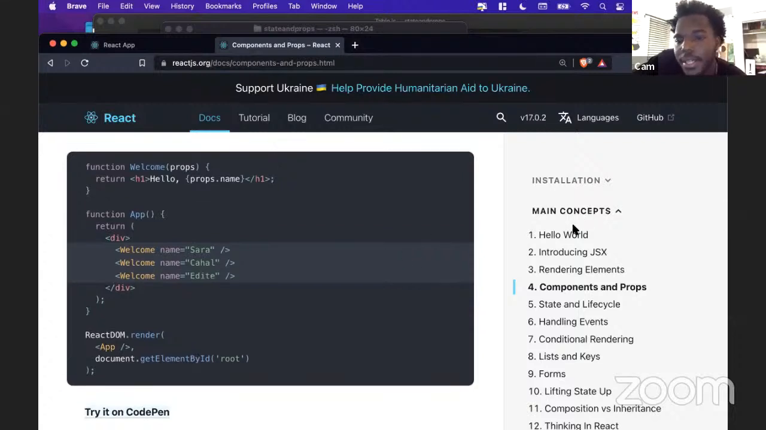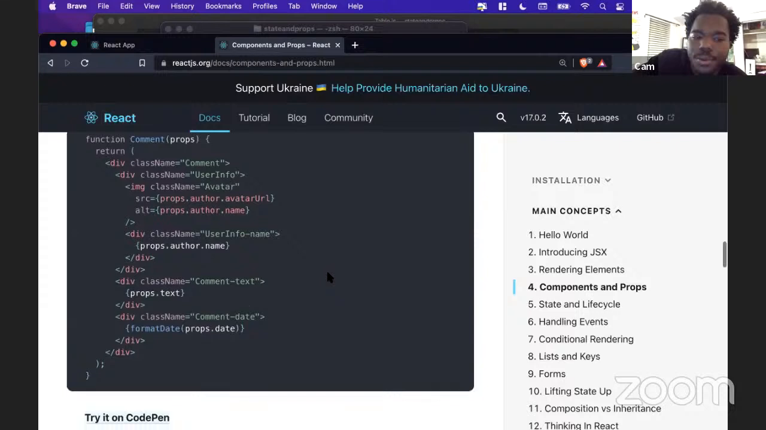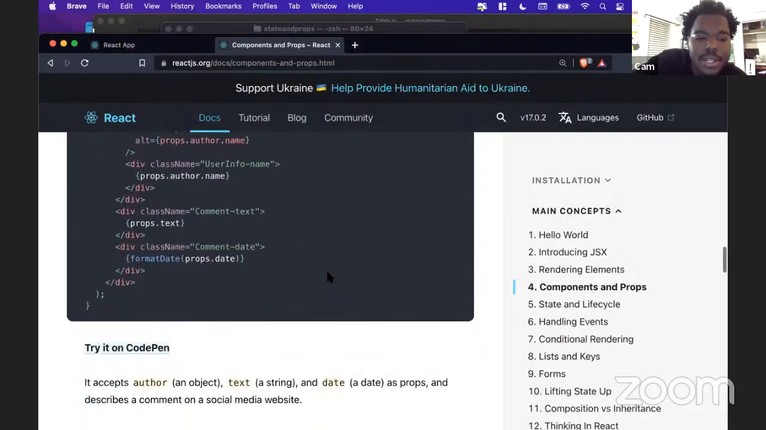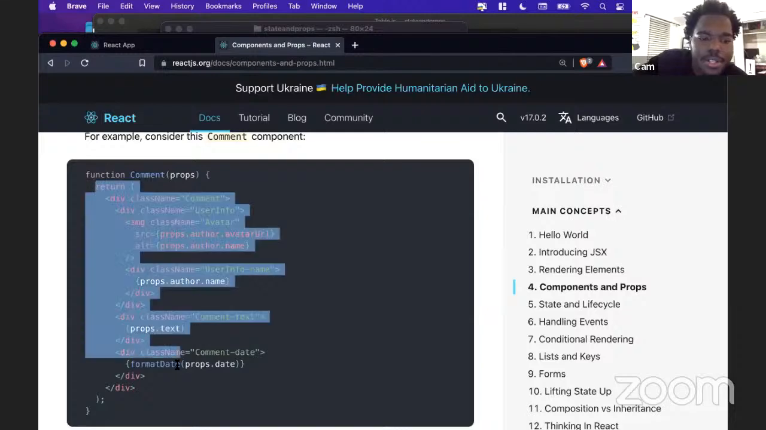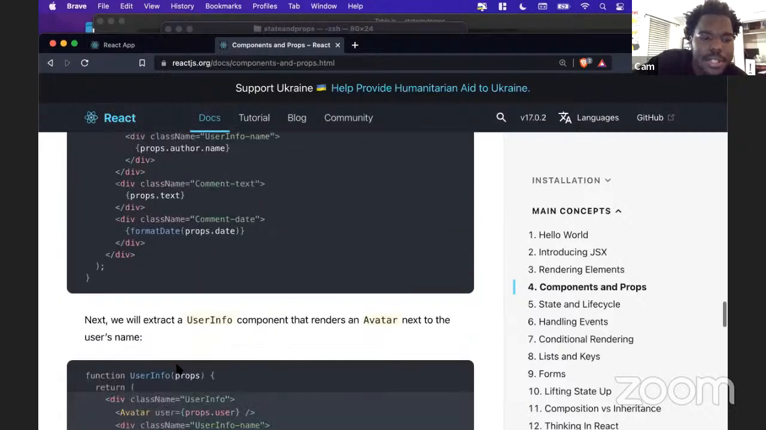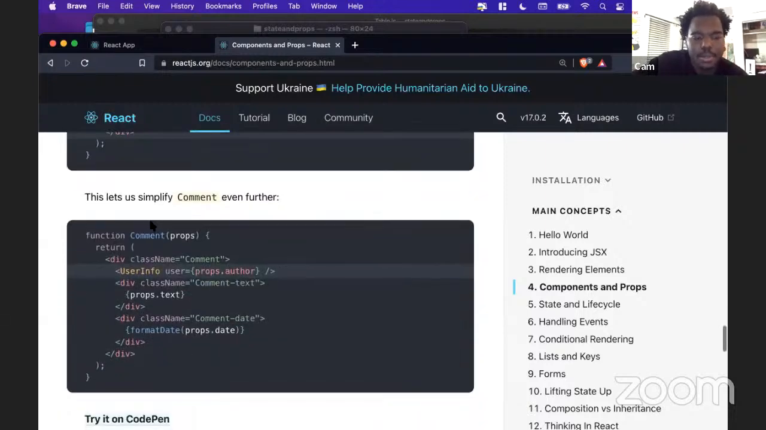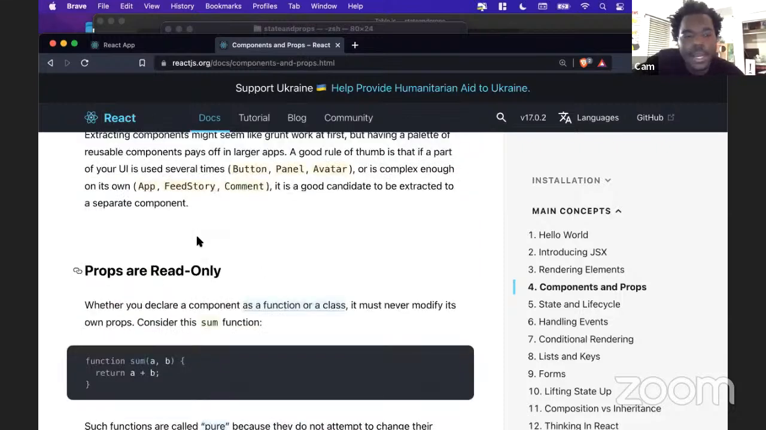So again, most of what we're talking about are the main concepts in React. You can read through the React docs and get a lot of the sense here. This is where they're talking about how this component is super long, but what if we actually broke it up into separate components, right? And then ultimately it would be easier to see and easier to understand. But yeah, so